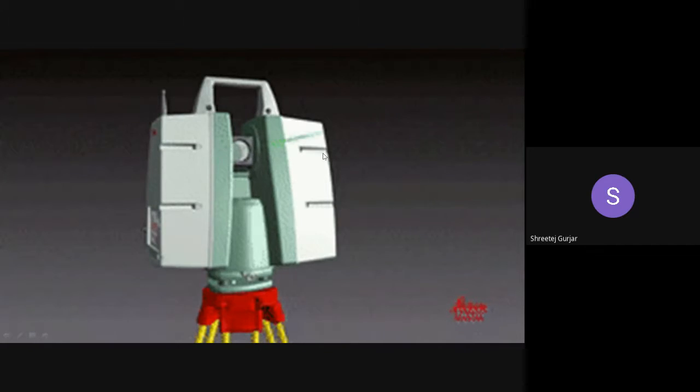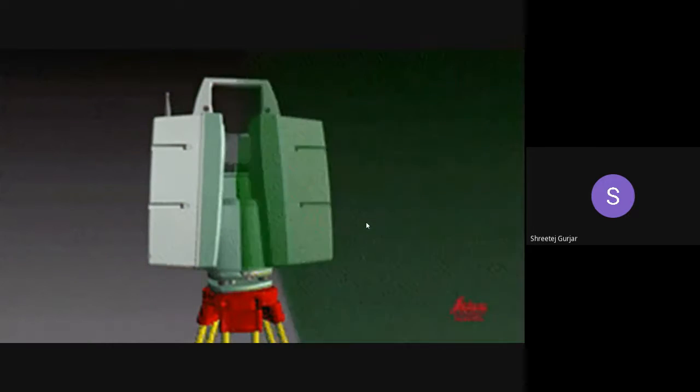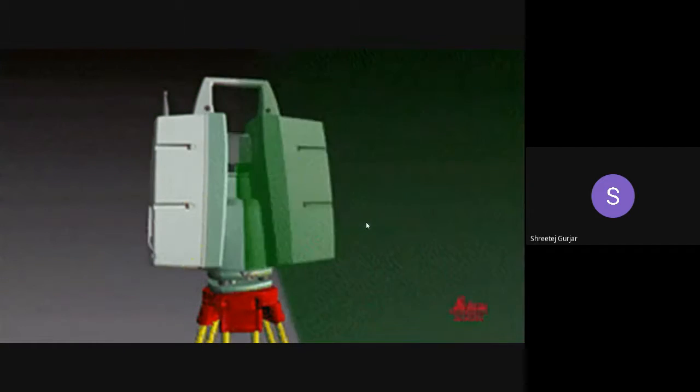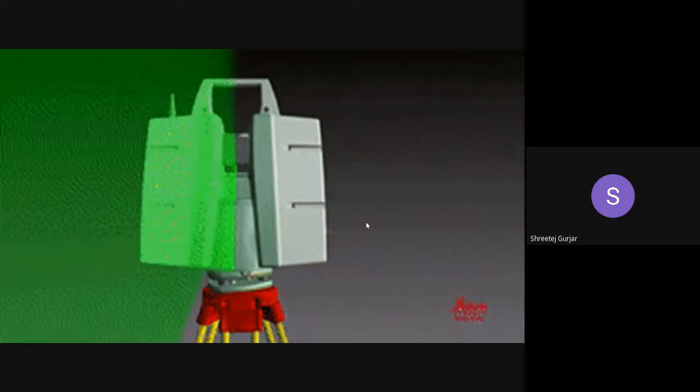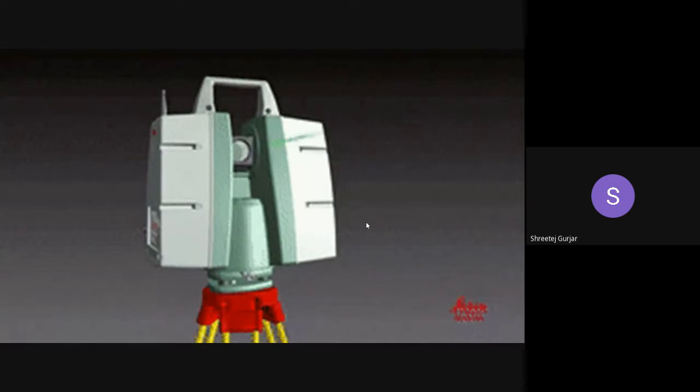So you can see our lidar instrument over here. You can see the operation, how it works. It is scanning the entire 360 degrees in the vertical direction, and it also rotates in the horizontal direction. So it completes this process in the entire 360 degrees, and it will give you the output of your entire room or the surroundings. You can see it is giving out a green color of laser.